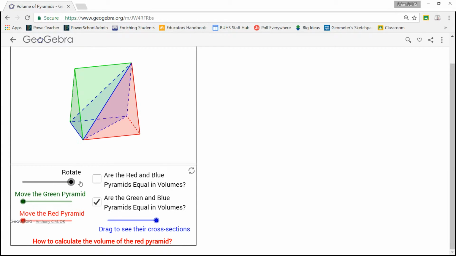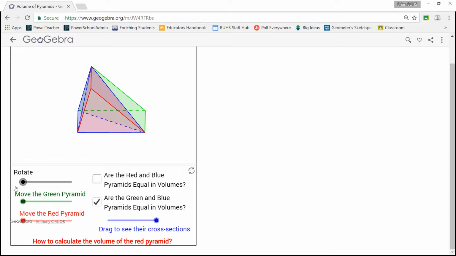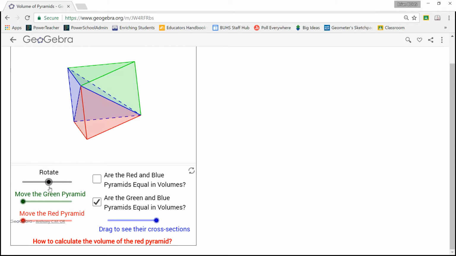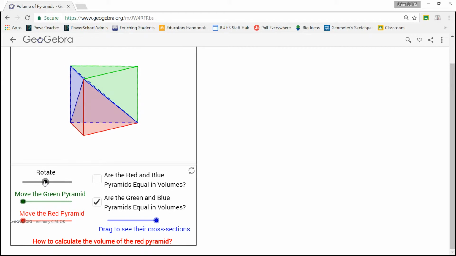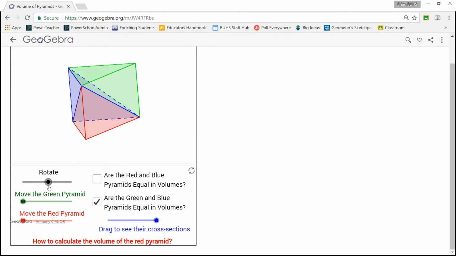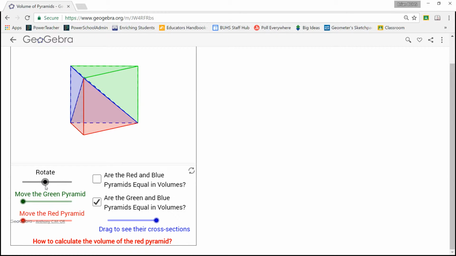The original is a triangular prism, whose volume would be the area of the base multiplied by the height. And it turns out the area of the base multiplied by the height divided by 3 will be the volume for any pyramid, regardless of the shape of its base,